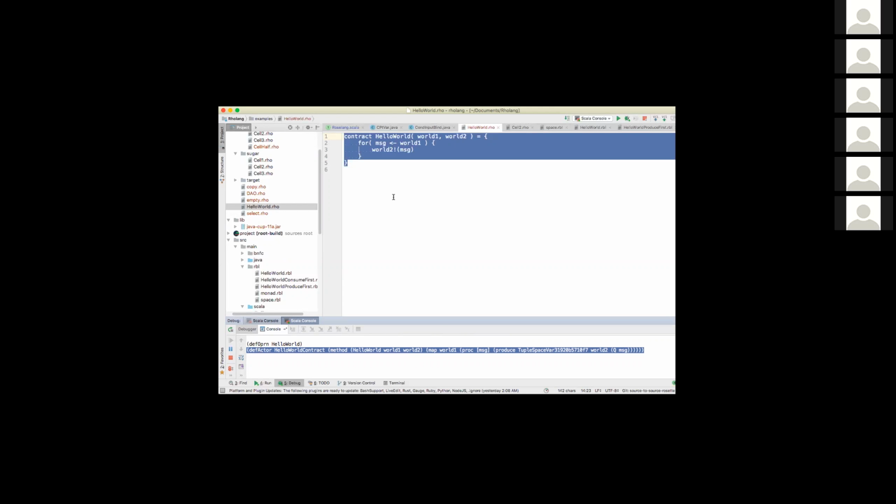And then that gets compiled into 2 statements. One is a def actor for the Hello World contract entity, and the other is the Hello World operation, which is interpreted as a method on the Hello World contract actor, which takes World 1 and World 2, and then produces the.